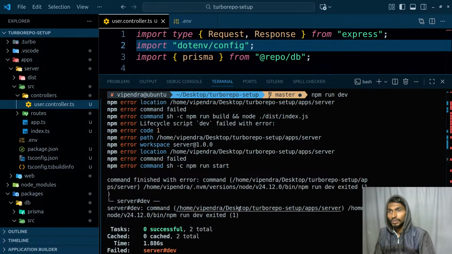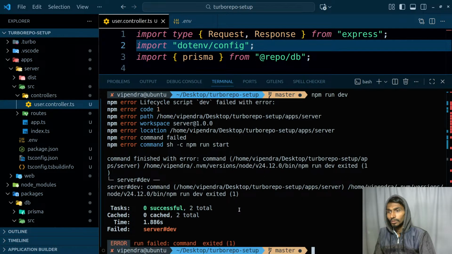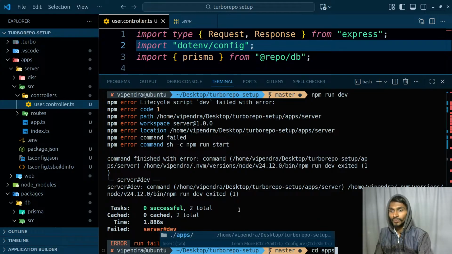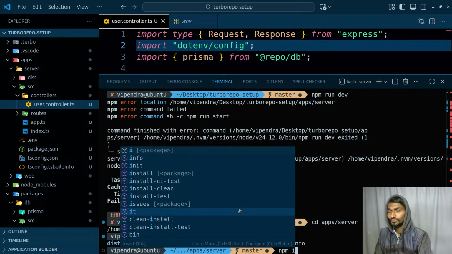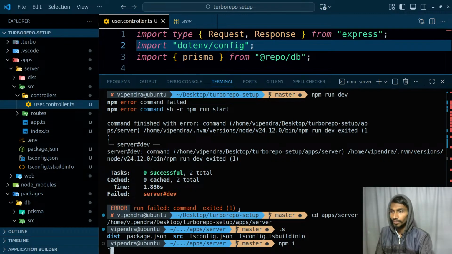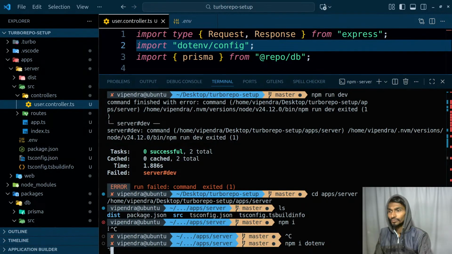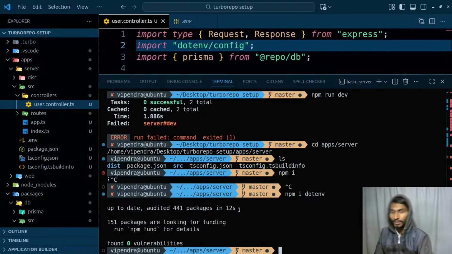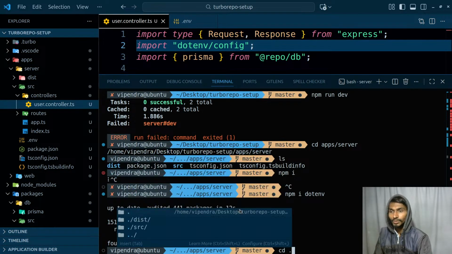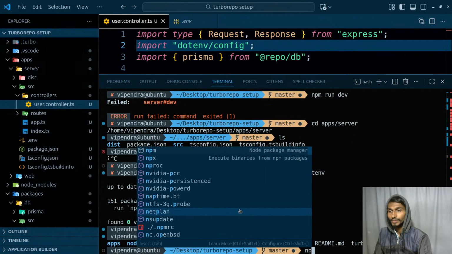Okay, what is the next thing that I can do? Okay, cd app/server, ls, npm install, not even npm install actually, npm install .env. I'm almost close, actually really close. Okay, I need to do one more thing while exporting it from there. Let's cd features back, ls, npm